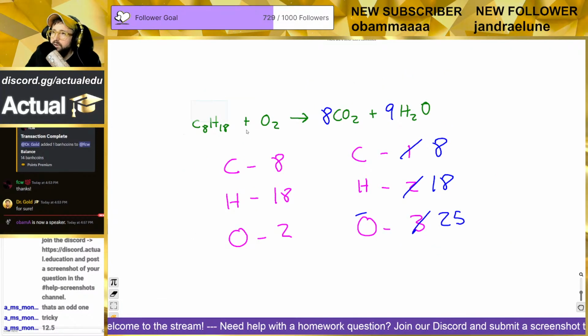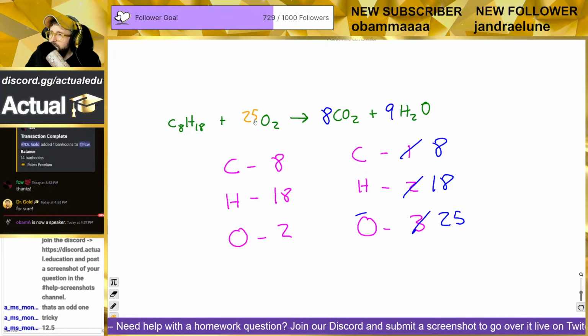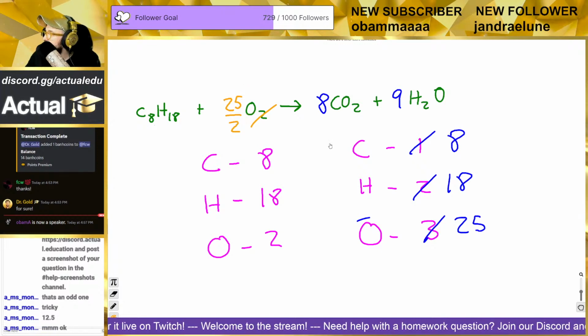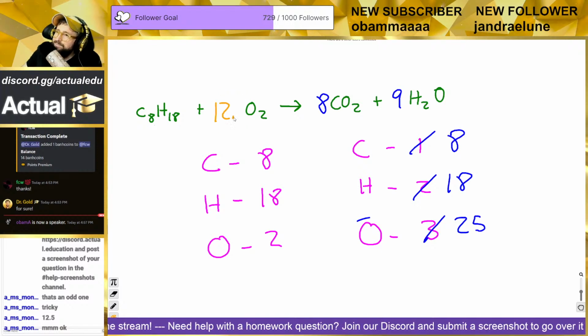12.5. Exactly. Another way to write 12.5 is 25 divided by 2. And this is kind of a trick I show: whenever you need a certain number of things, put the amount you want, and then on the denominator put whatever the subscript is here, because these will cancel. And then you'll just get the 25 that you want. I know it's technically 12.5, but this will get tricky sometimes when, for instance,